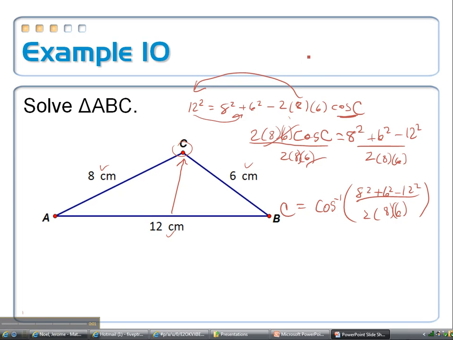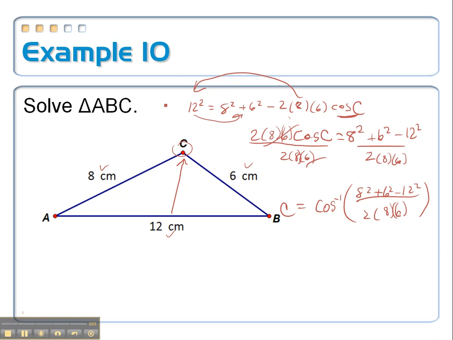Continuing where we left off on example 10, solving triangle ABC, what we decided is that we have to find angle C first because it is possibly obtuse since it's across from the biggest side. So 12 squared equals 8 squared plus 6 squared minus 2 times 8 times 6 times the cosine of C. We had to get the cosine of C by itself, so we solved for it and take the inverse in order to find the actual angle measurement. So when we do, C is approximately equal to